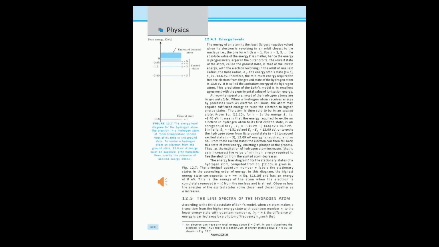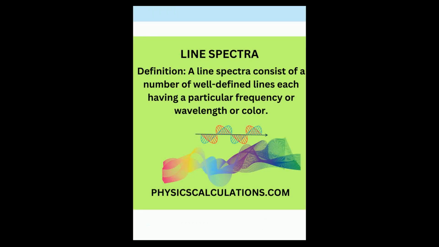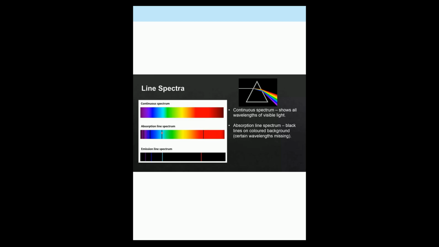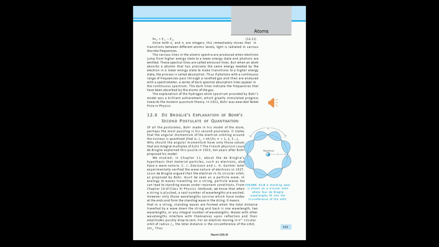The line spectra of the hydrogen atom. According to the third postulate of Bohr's model, when an atom makes a transition from the higher energy state with quantum number ni to the lower energy state with quantum number nf less than ni, the difference of energy is carried away by a photon of frequency nu such that h nu equals E ni minus E nf. Since both nf and ni are integers, this immediately shows that in transitions between different atomic levels, light is radiated